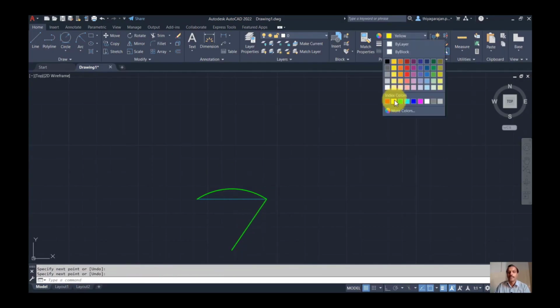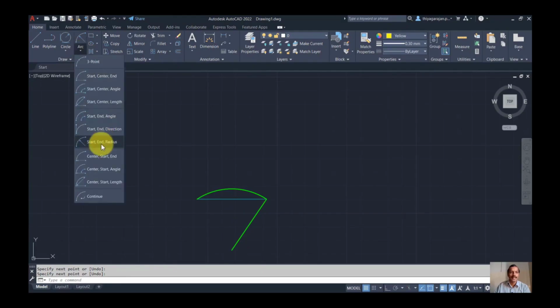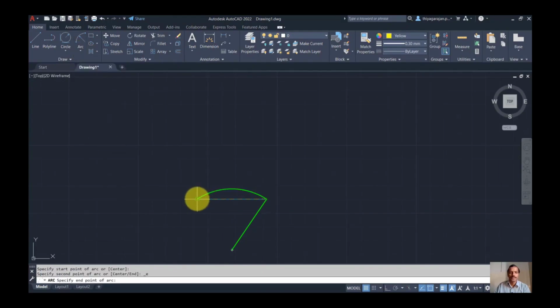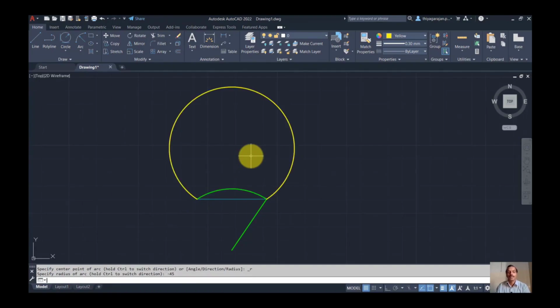Let me try this radius in negative. Start point, same end point. I'm going to give minus 45 as my radius. So where is the radius? Radius will be